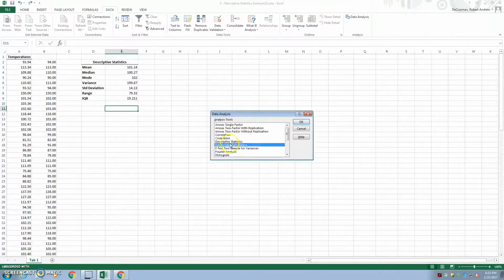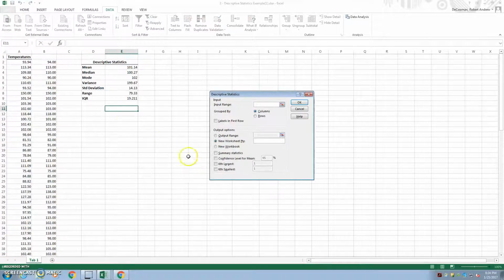It's called descriptive statistics. My temperature readings are in A1 through A101. I did include the first row labels. My data is organized as a single column. Don't change anything in there. Let's paste everything, I guess, so that you can compare the results, keep an output range, and then select one of the cells here on the right side of the screen. And then whoever coded this screws up because if you